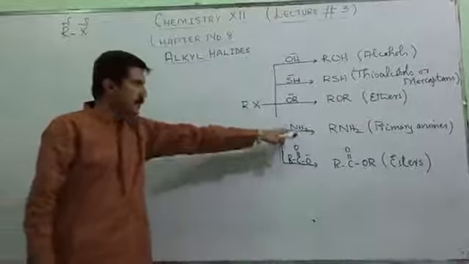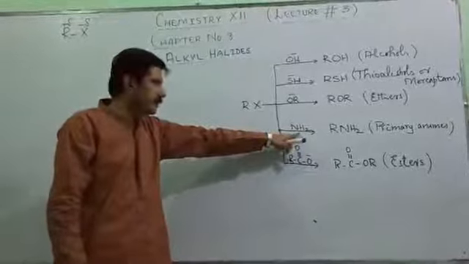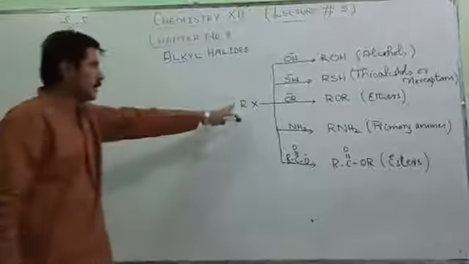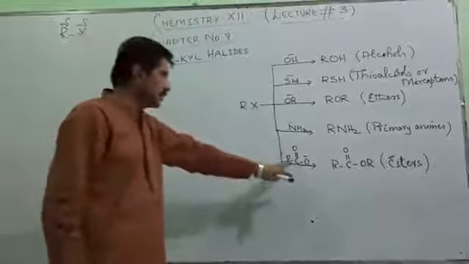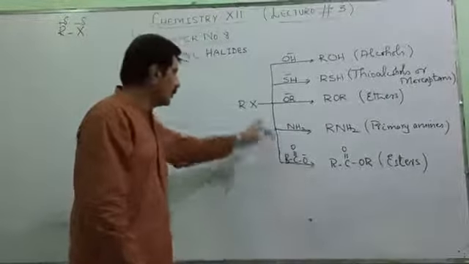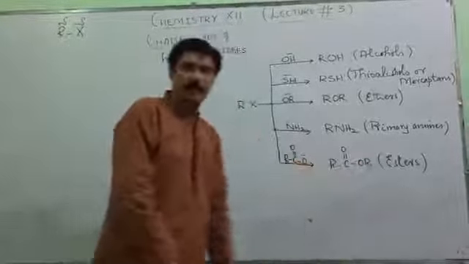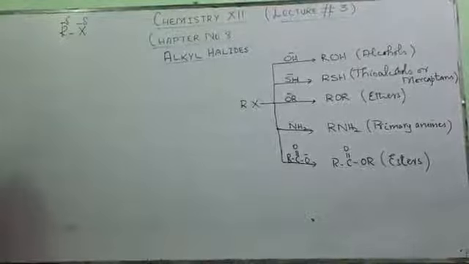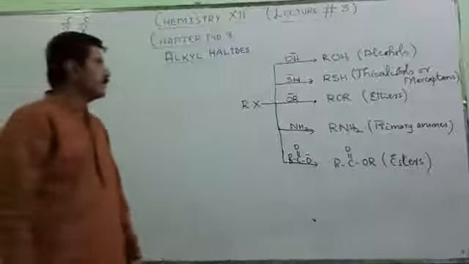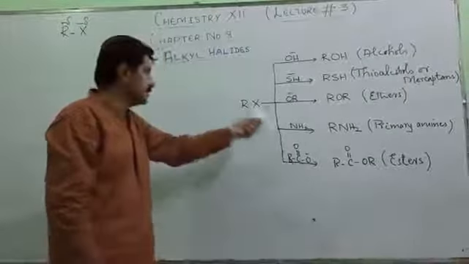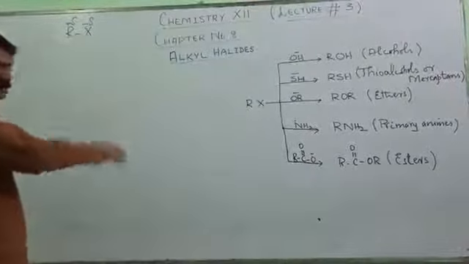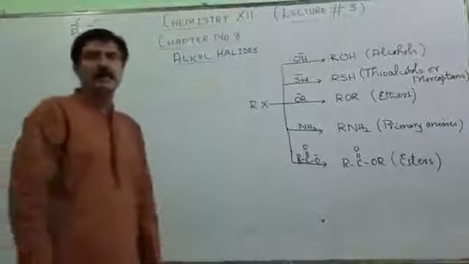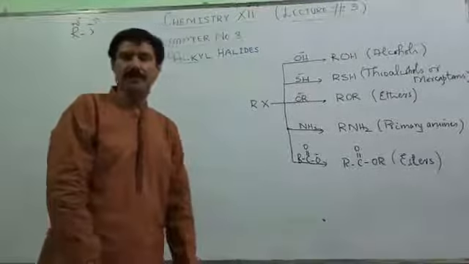Again, alkyl halide when reacted with amino group containing compounds will give you primary amines, and similarly when alkyl halides are reacted with compounds containing ester group, the compounds formed are called esters. So these are a few examples of the nucleophilic reagents which are stronger bases than the halogen atom. They can easily replace the halogen atom from the alkyl halide molecule to give you certain nucleophilic substitution products.